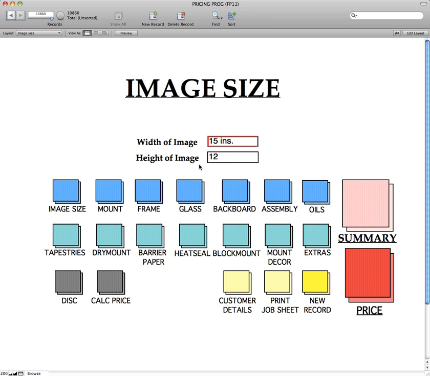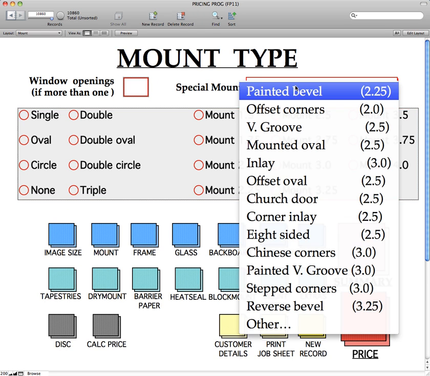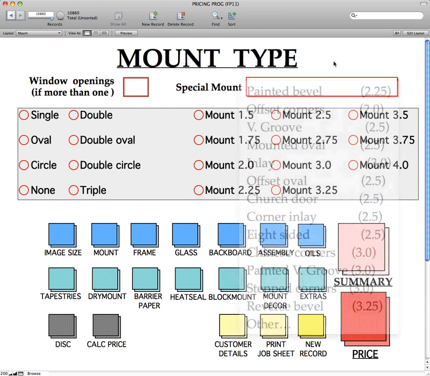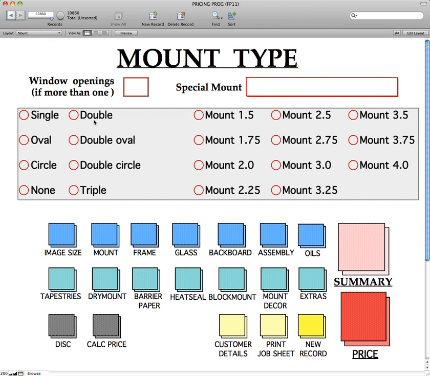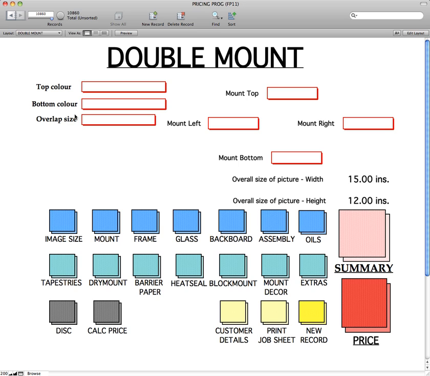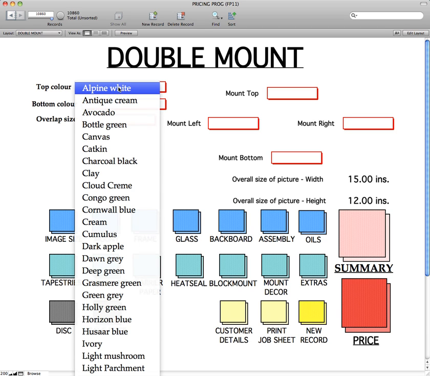Now, we need to move on to the choice of mounts. There are many different types of mounts that your customer can choose from, and let's today just keep it simple and let's just say a double mount. Now as soon as I click that, you'll see a new screen opens up where I need information about this new job. Now let's just put in Alpine White,